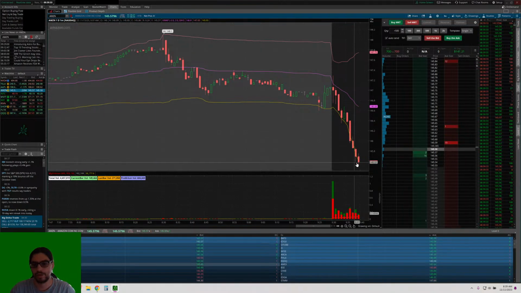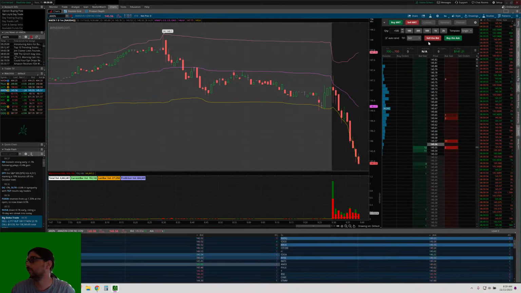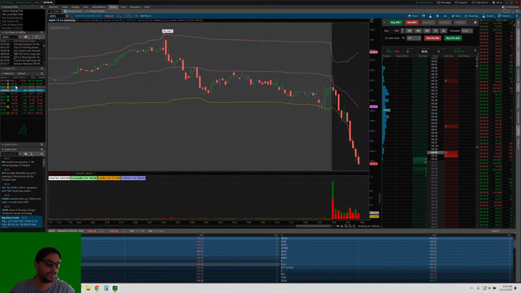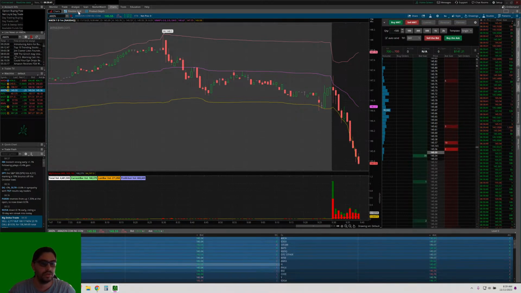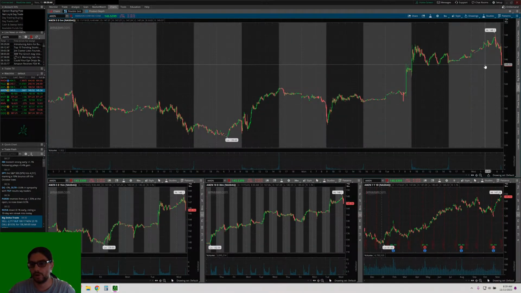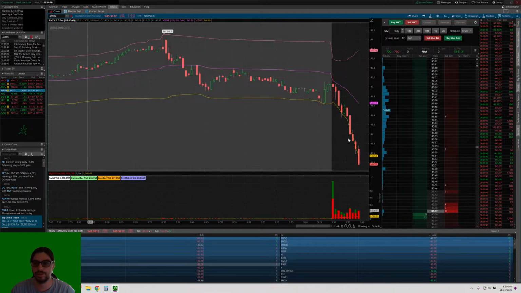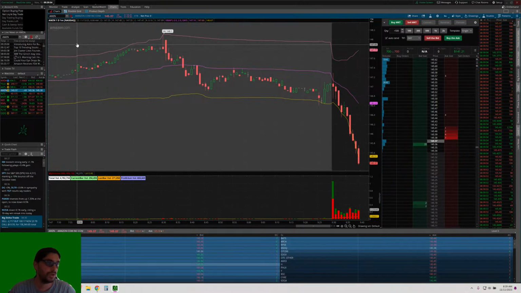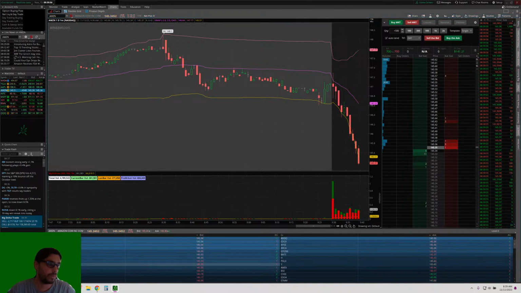I had more that I could load it up for protection. Looks like we left a little bit of money on the table. We got a little aggressive with that, but that's fine. All right, I don't know how far this can go down from here. It could find an area to rebound, so I'm going to wait until I see a swing up before I do something else. So Amazon is going to go back on my